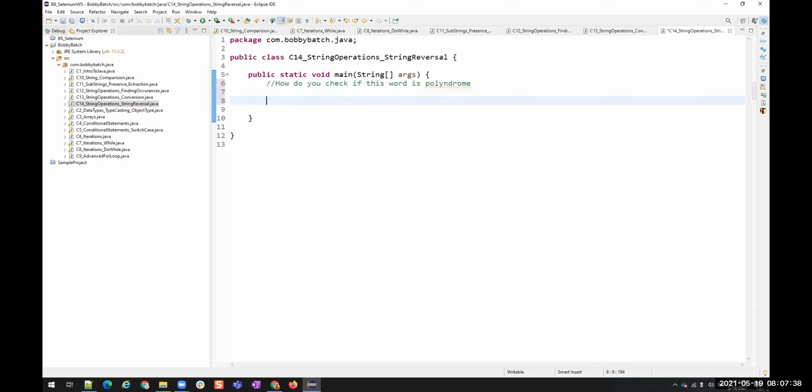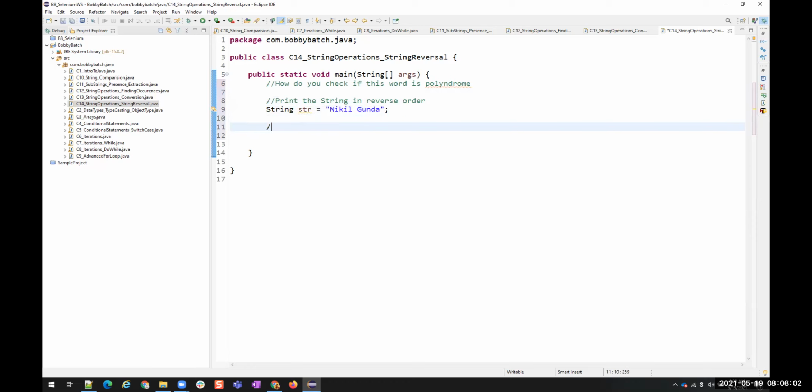Okay. So let us do that. First thing, if I just want to print the string in reverse order. So string str is equals to, I'll say nikil unt. This is the string. I want to print it in reverse order.